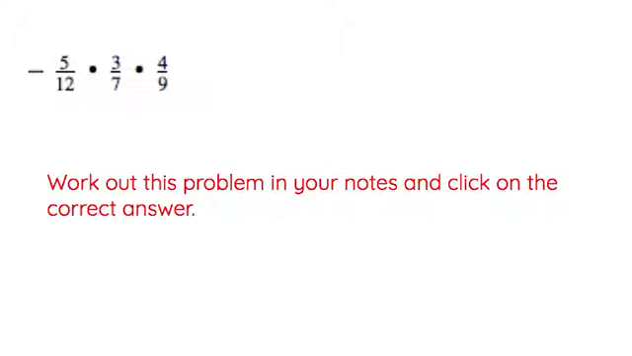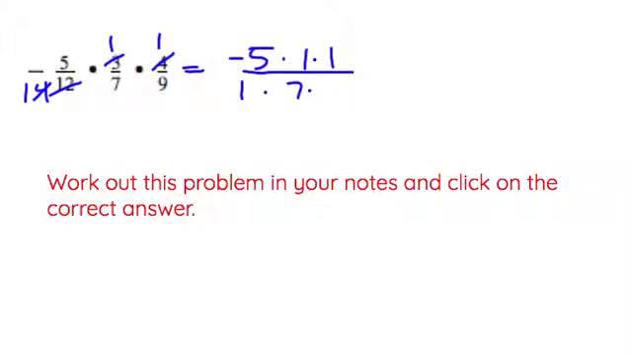Now work this problem out and click on the correct answer in Edpuzzle after you've worked it out on your paper. And remember to try cross-simplifying for this problem. So 12 and 3 can be divided by 3, so that becomes 1 and 4. 4 and 4 could actually both be divided by 4, so we'll make that a 1. And so now what we have is -5 times 1 times 1 in the numerator. And in the denominator, I have 1 times 7 times 9. So we get -5